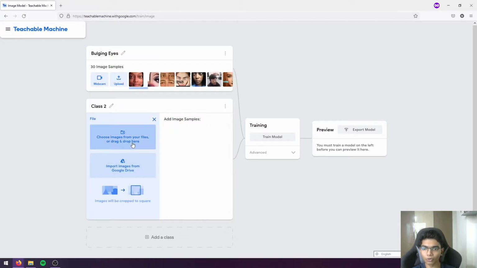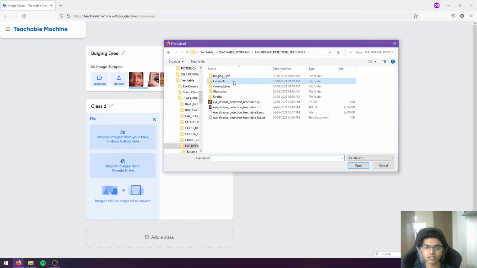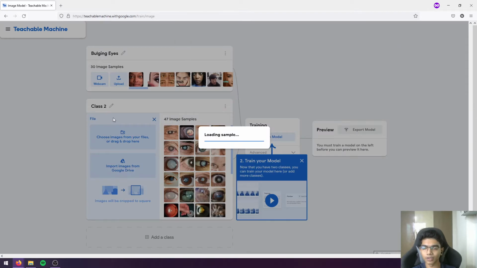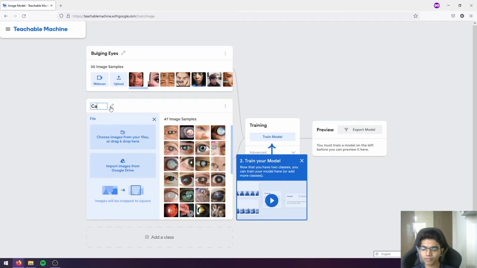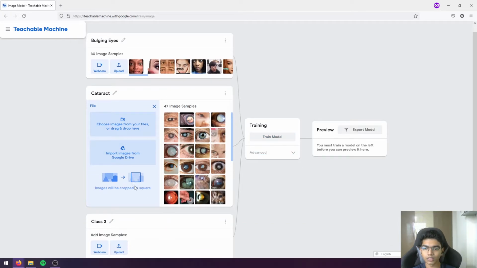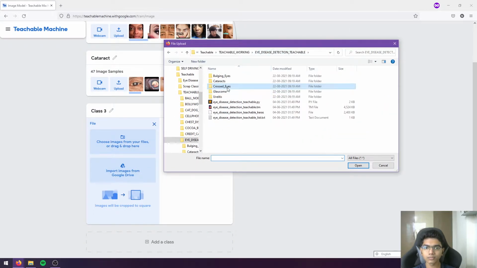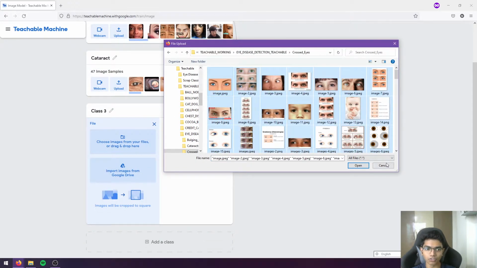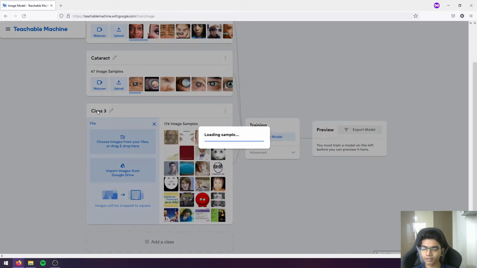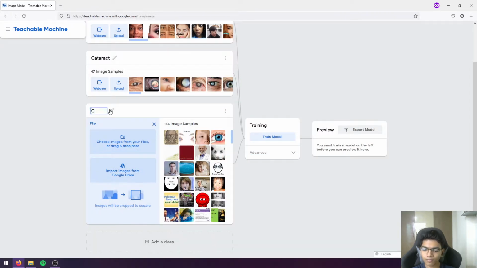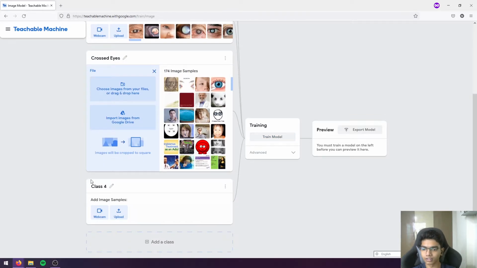And we are going to upload our images for the second class, which is going to be cataract. Then another class, which is going to be crossed eyes or squint. Add another class.